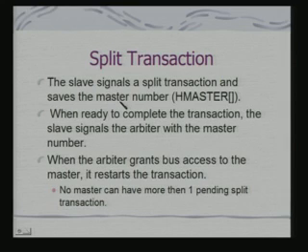Then the slave requests the arbiter, I am now ready, so please provide the bus to the master to carry out the transaction. As long as it is not ready, the bus becomes available for other operations. Okay. So, this is a more sophisticated way of doing a transaction with a peripheral.